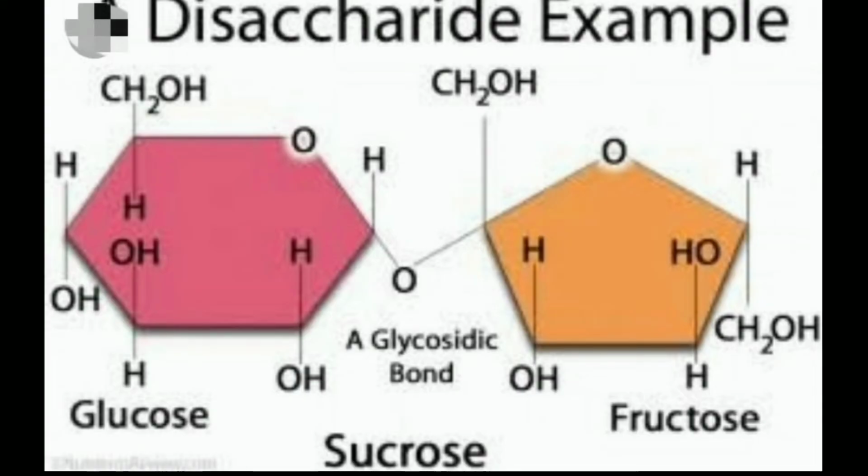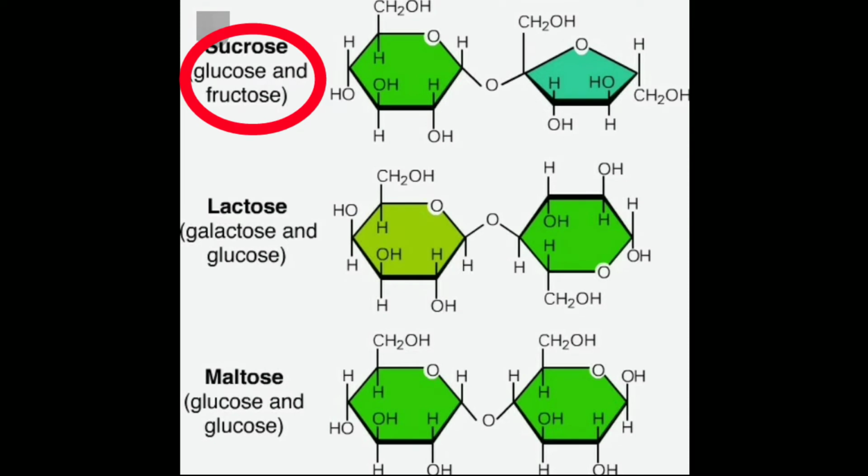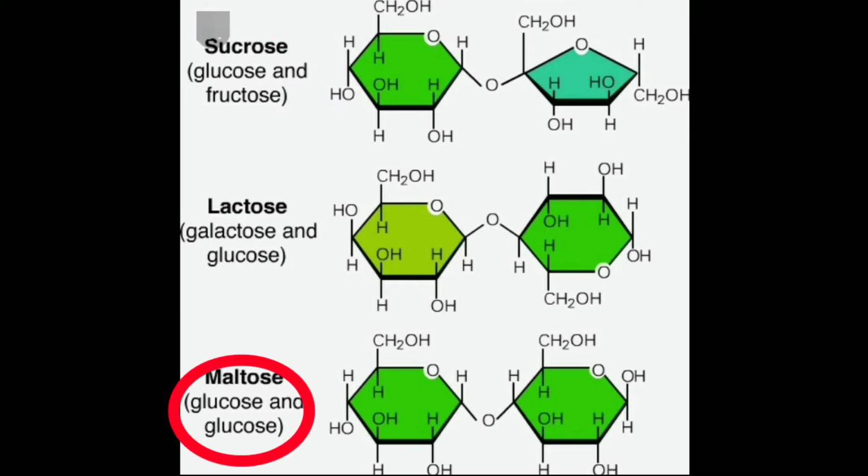If two simple sugar molecules join together, a larger molecule called a complex sugar or disaccharide is made. Two examples of complex sugars are sucrose, the sugar we use in hot drinks or on breakfast cereal for example, and maltose, malt sugar. Like simple sugars, they are soluble in water and they taste sweet.